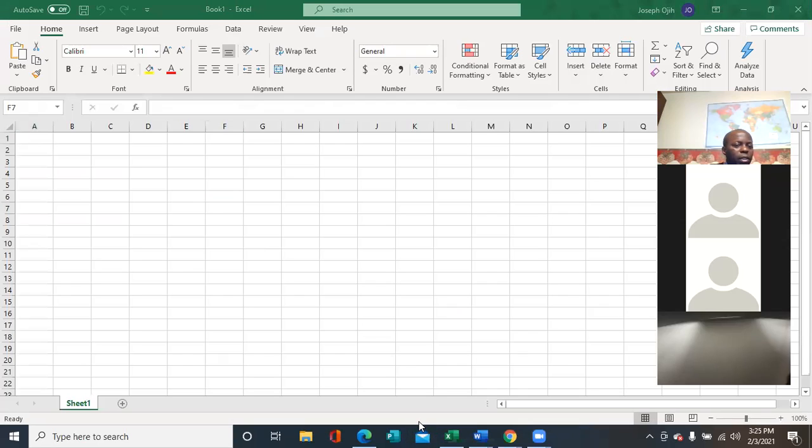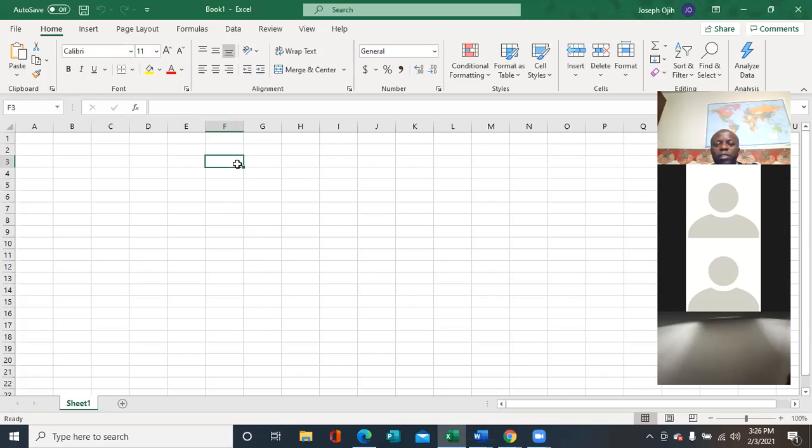So originally we wanted to select a random sample of 15 numbers. We were doing it manually and it was taking so much time. Now you will see how easy it will be with Excel. All you have to do is put the right command. One thing you have to know about Excel is that before you can do anything, you must put an equal sign there in the cell.